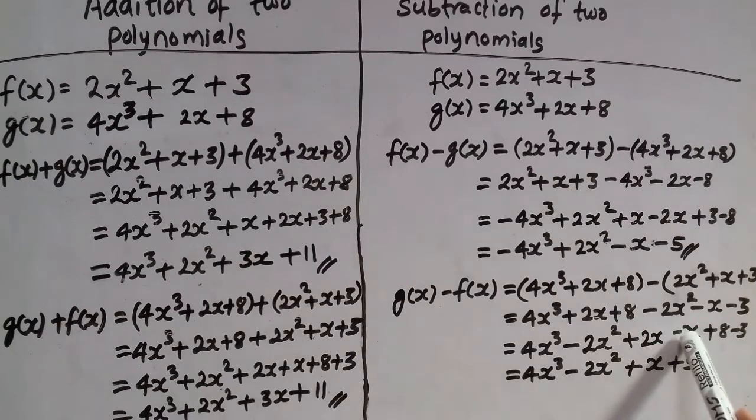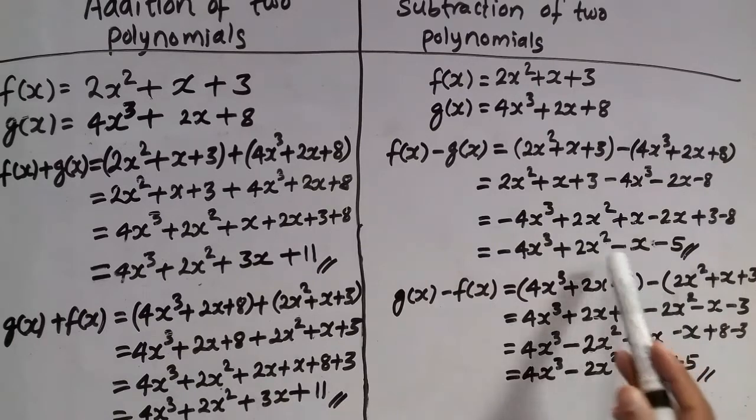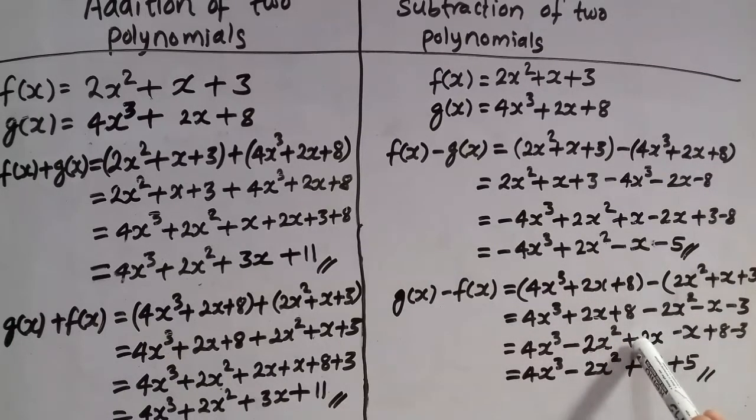Here plus and minus sign is there, so we have to subtract, and 2 minus 1 is 1, and we do not write 1 like before. Here 2 is the greater number, so it has sign plus, and we have to write plus sign here. Here plus 8 minus 3, plus minus is there, so we have to subtract. 8 minus 3 is 5, and the greater number is 8, it has plus sign, so here is plus sign.